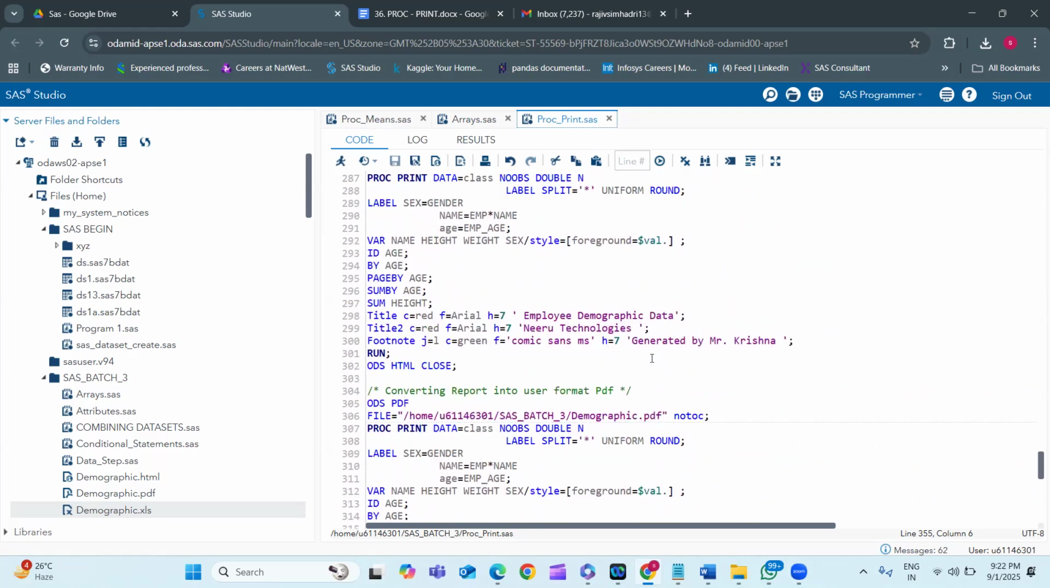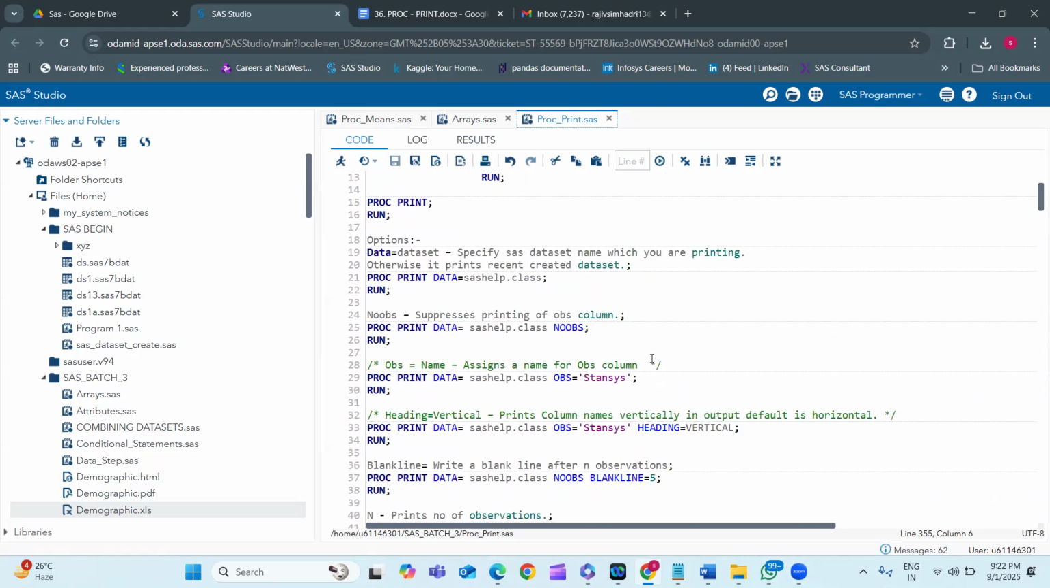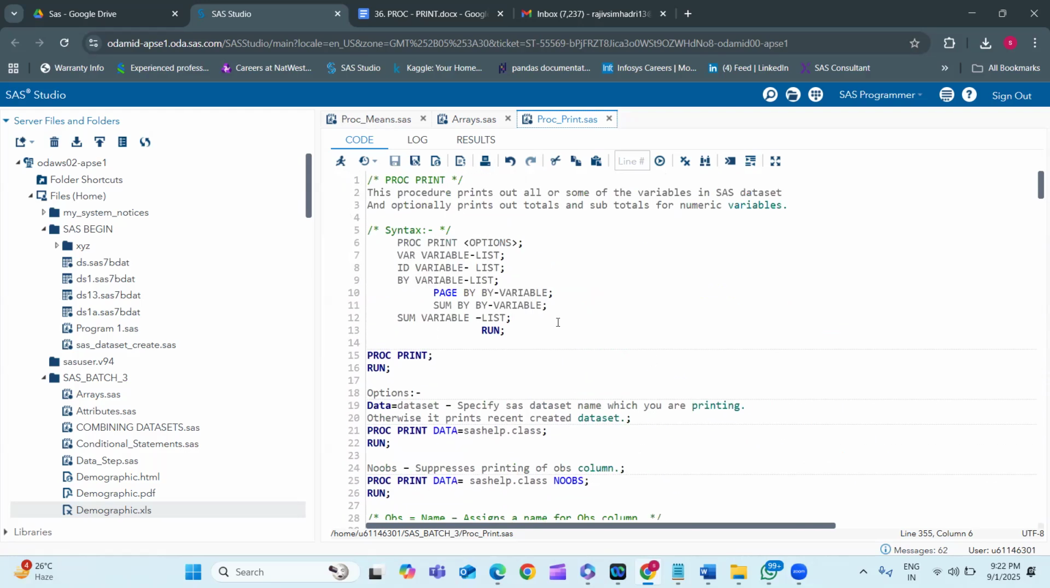Any other question, ma'am, on this one? Please go through the syntax, ma'am. This is quite lengthy syntax. Where ID by, page by, sum by, sum. And what I say is, I'll also share you the proc report